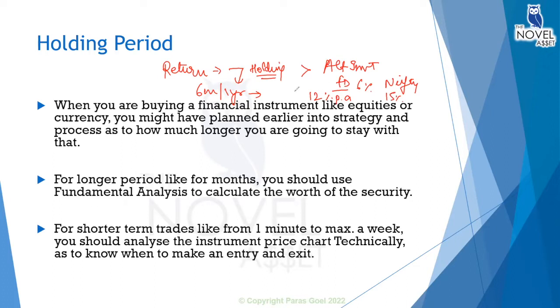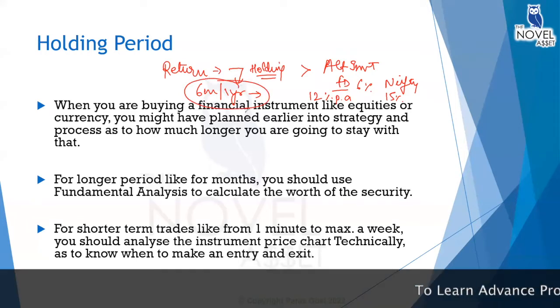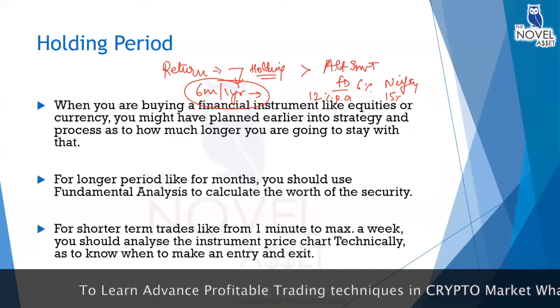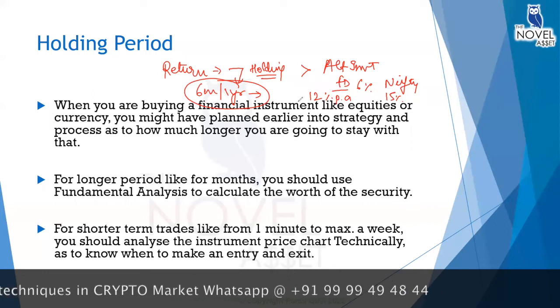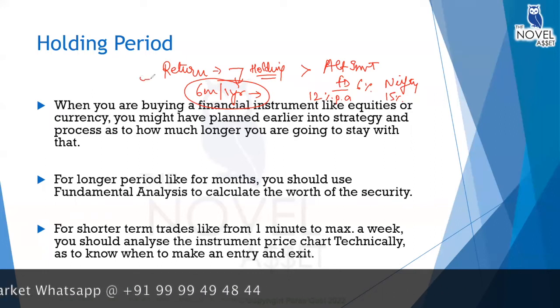So what you need to do is to compare the holding period return. When you are investing in BTC for the next 6 months or the next 1 year, you have to understand that you have to compare that same return with another alternate investment that you have for that money. See, the only way to grow money is to invest it. Everybody agrees with me or not? The only way to increase your money is to invest it.